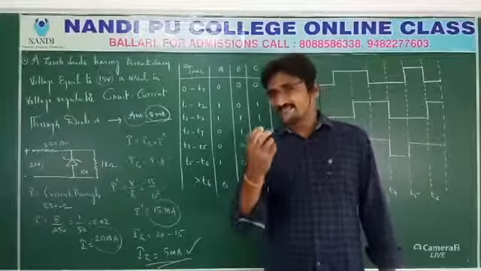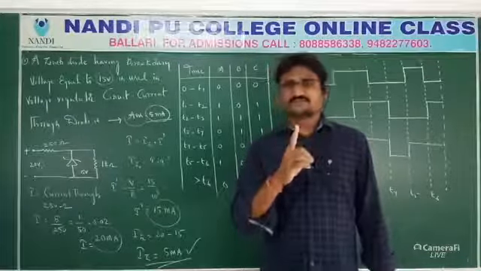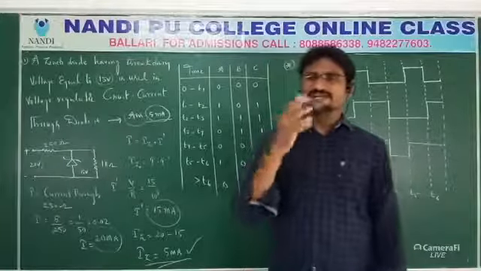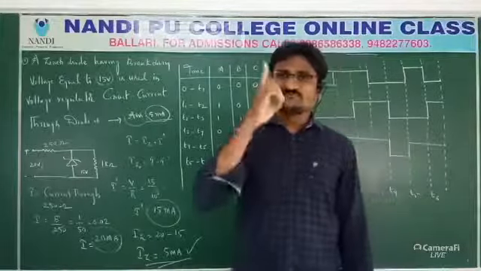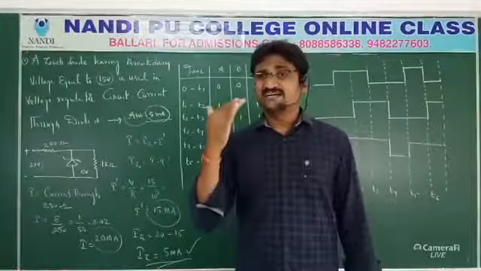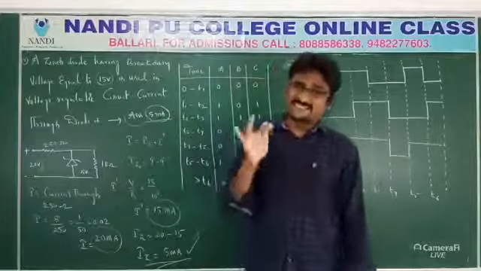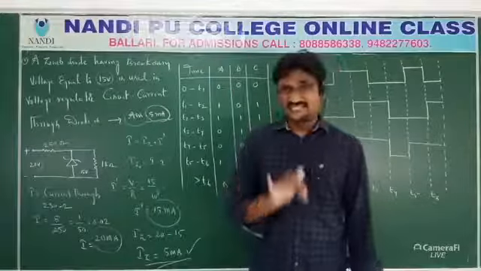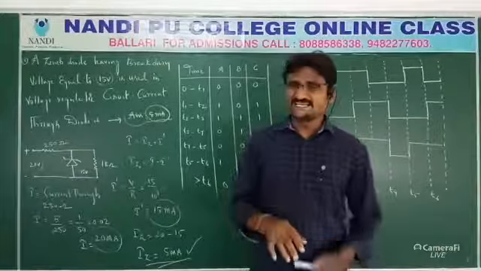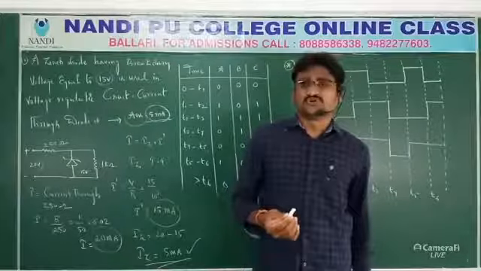How do we simplify such types of circuits? First observe whether they mention that the diode is ideal or not. Once the diode is ideal, you can consider only the forward biased diode. You can neglect the reverse biased diode. Why? Because when the diode is connected in forward bias there will be a flow of current. Once it is in reverse bias, the current through the diode is 0.